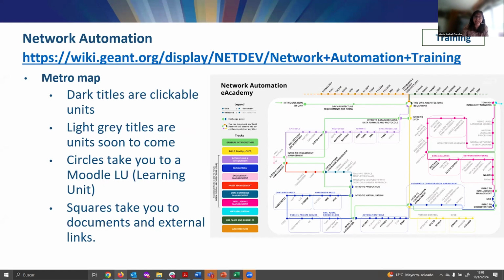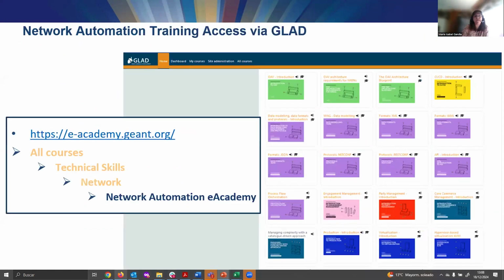The circles in the map take you to Moodle learning units, so to this GÉANT learning and development platform, and the squares take you to documents and external links. If you go to eacademy.geant.org, and you go to all courses, technical skills, network, then inside network, you will find Network Automation eAcademy with all the learning units and also the metro map there.